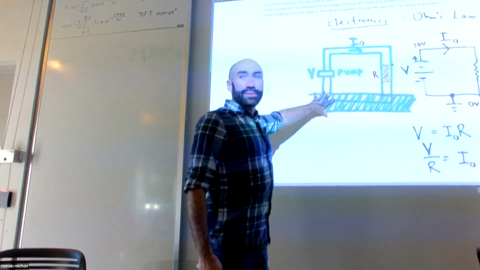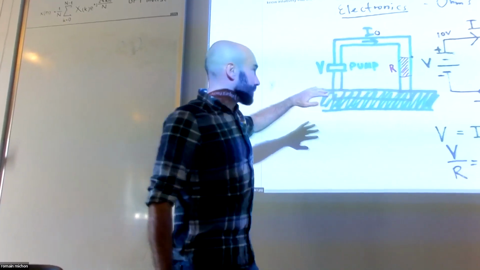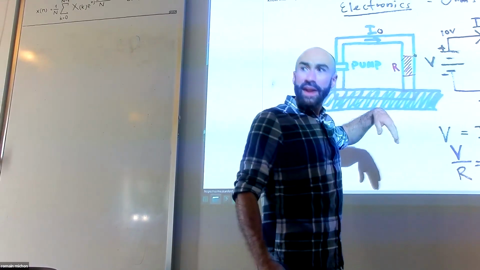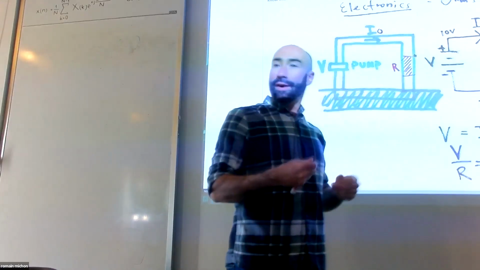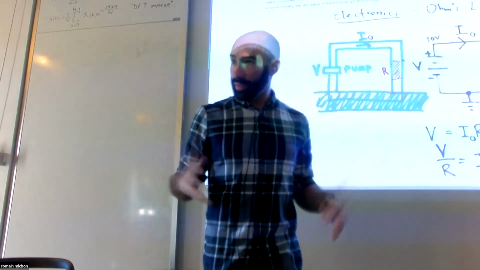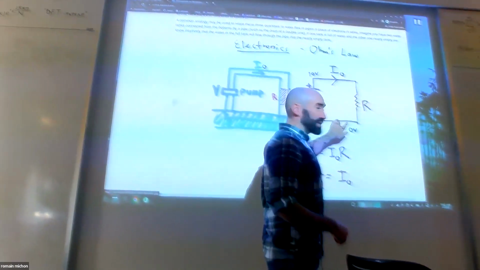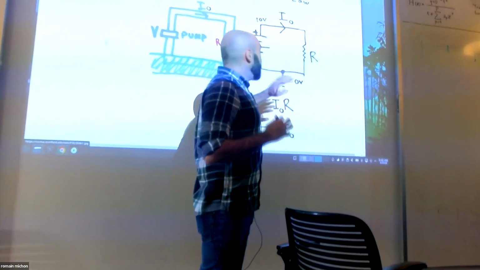In this scenario, it doesn't matter if you don't put a resistor, because water is going to go through the pipe, and as long as the pipe is resistant enough, the pipe is not going to blow up, and there's not going to be water everywhere. With the electronic circuit, you need to